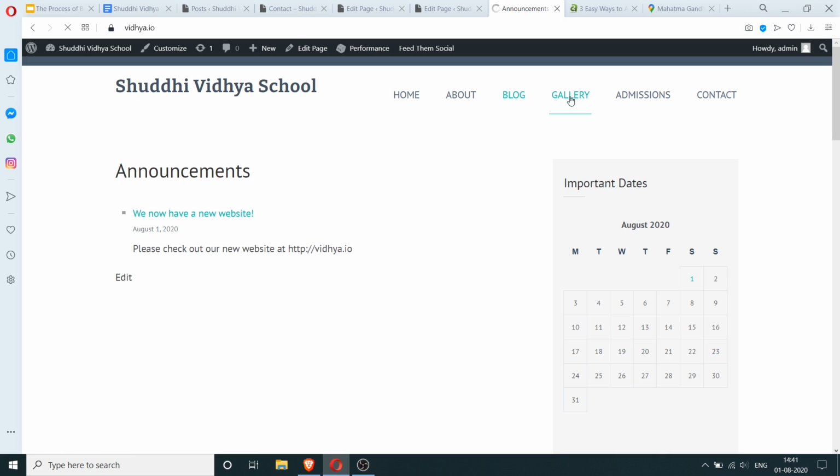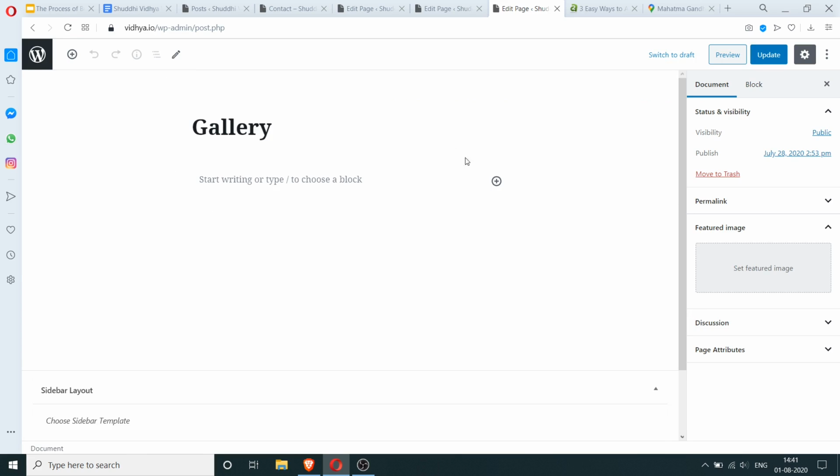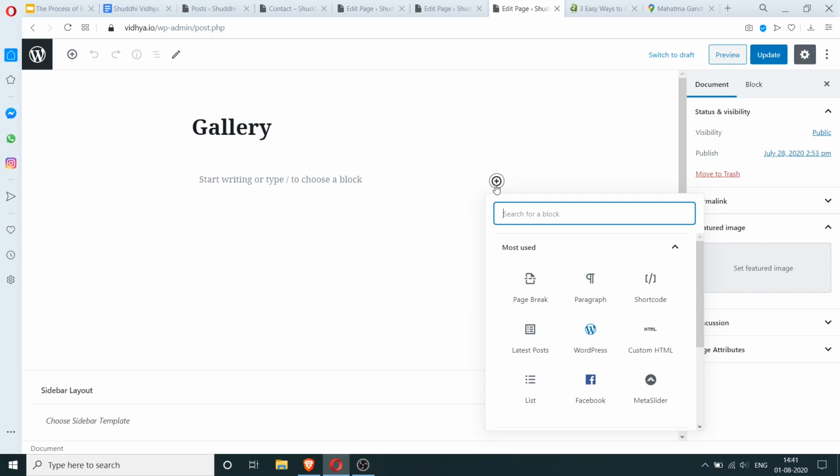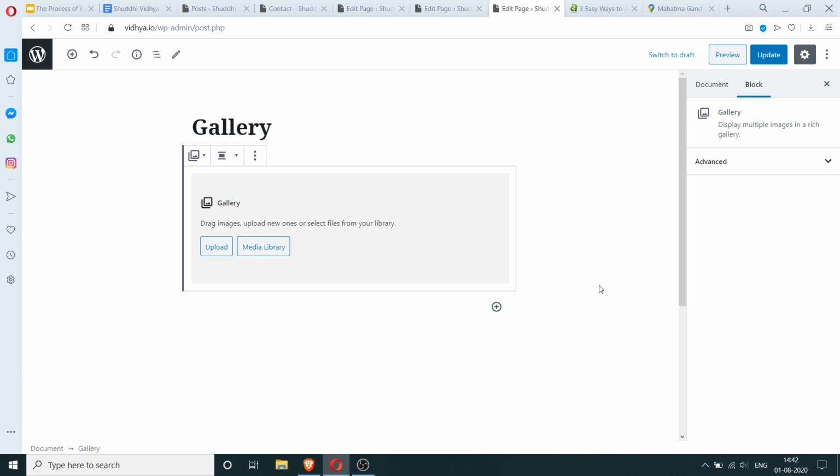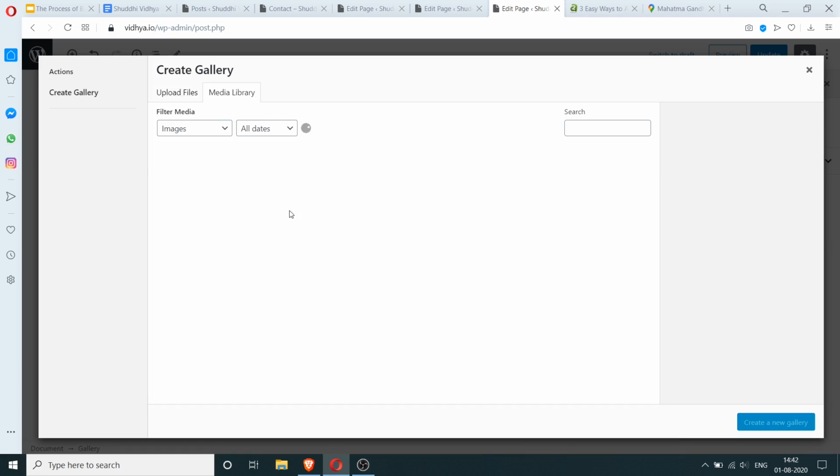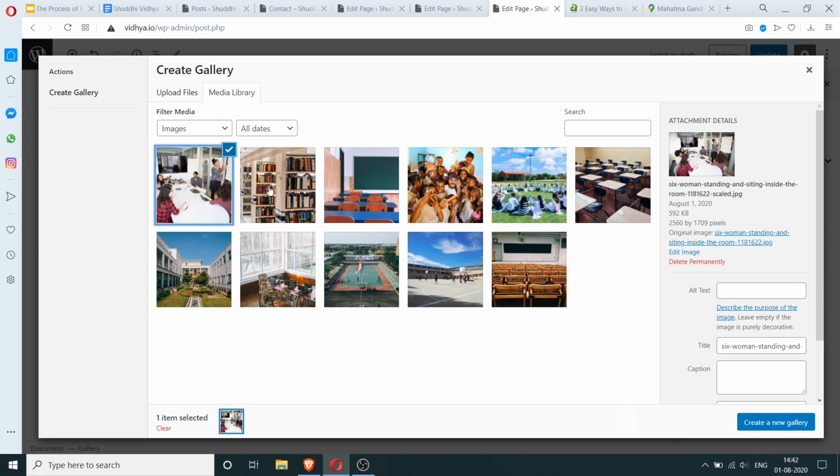Now let's set up the gallery page. This is supposed to show all of the images that we have. Okay, we have a gallery widget. So I'm basically going to select everything.